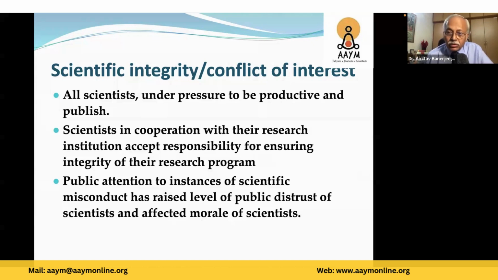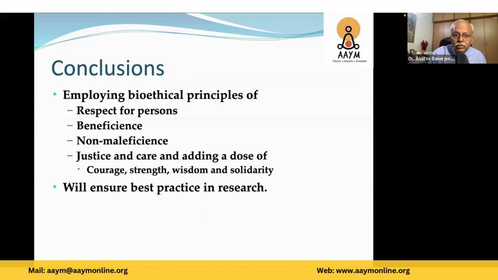Some honest scientists also get demoralized because a few scientists who deviate from ethical principles draw attention, and the public becomes anti-science. So it's not good for the scientific community: loss of trust in science. So ethics has a lot of importance. If people lose trust, that can be harmful for science, and the vacuum is filled up by other people who have their own conflict of interest. So this is a conclusion.